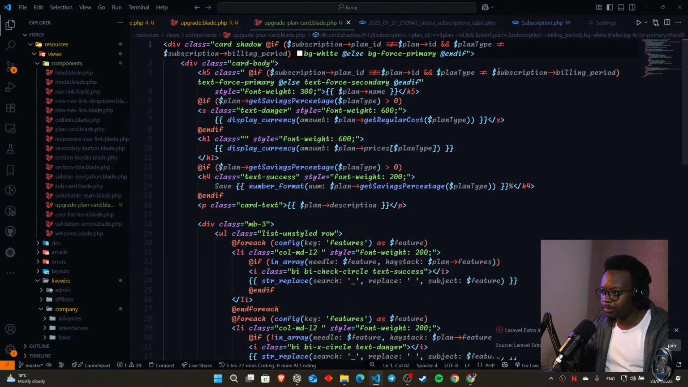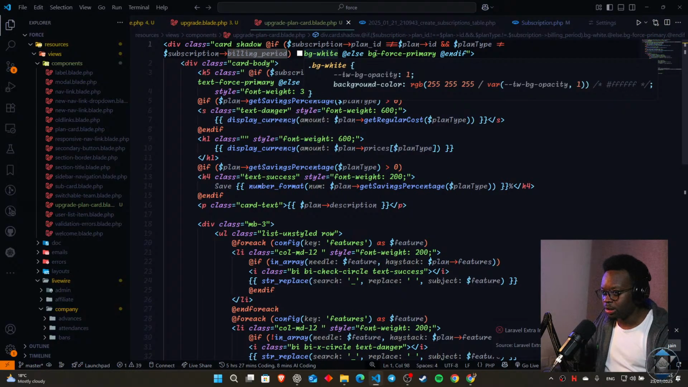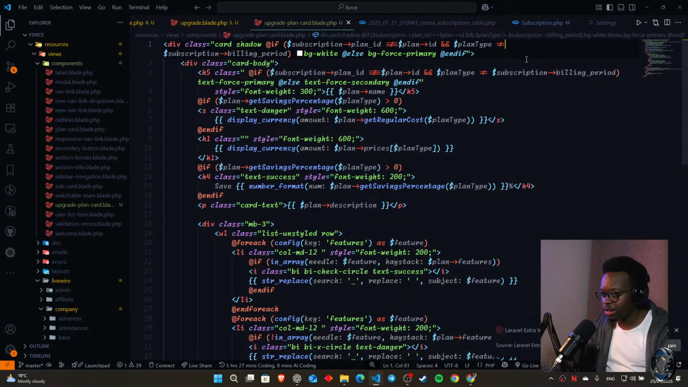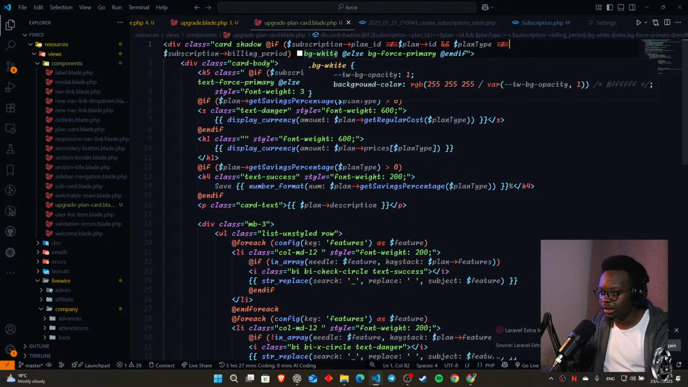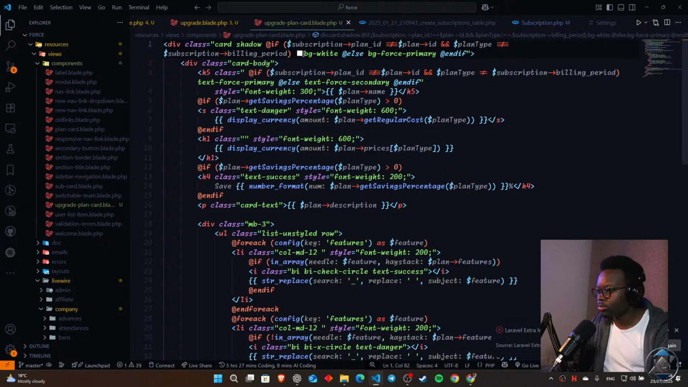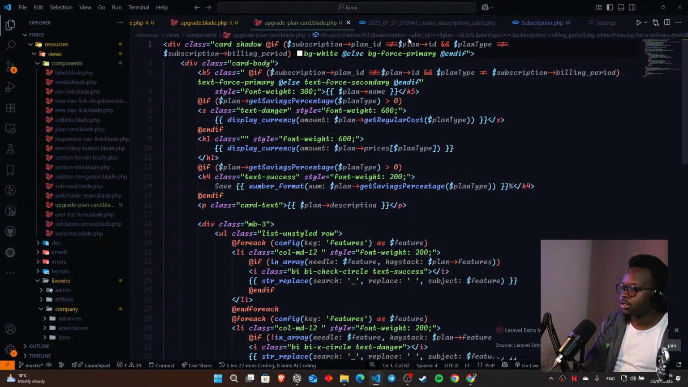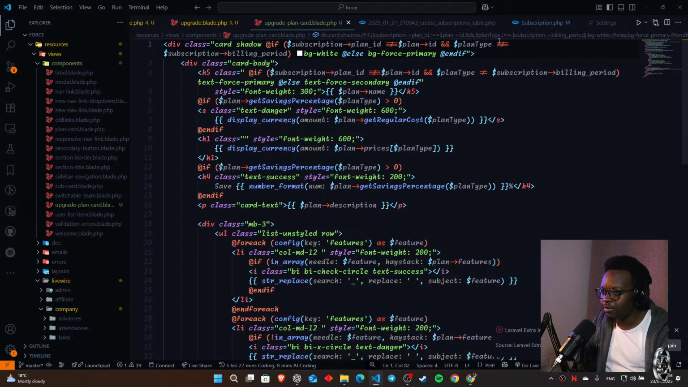If I came in here and said, okay, the plan type is not equal to the subscription billing period, then the background should be white. So there's 3 things that are happening here. We're checking if the plan ID from the subscription and the plan ID from the data from the database are equal. And if not, then it will definitely be white. Okay, so there's 2 checks that are happening over here. So both of these have to return true,